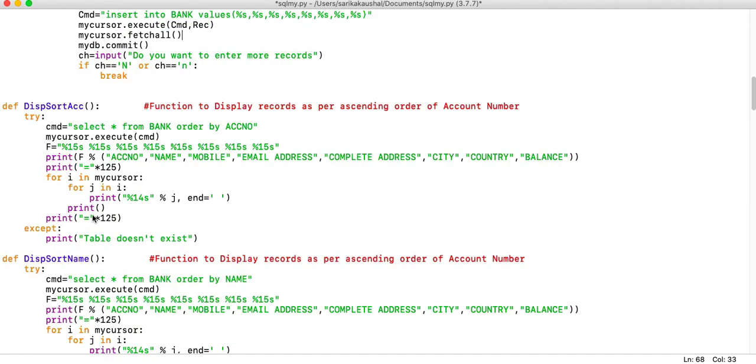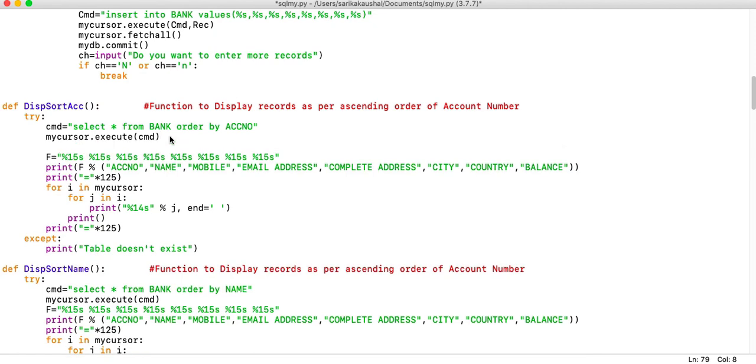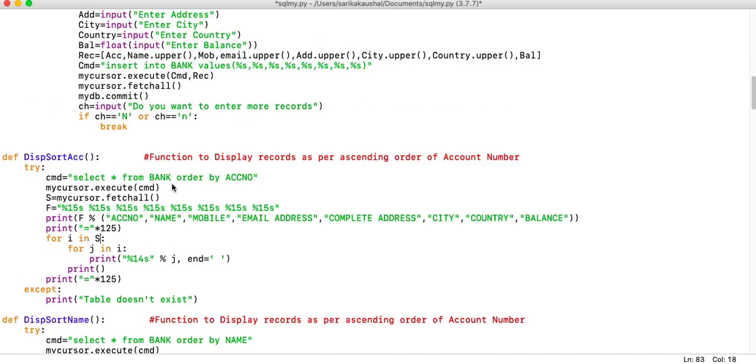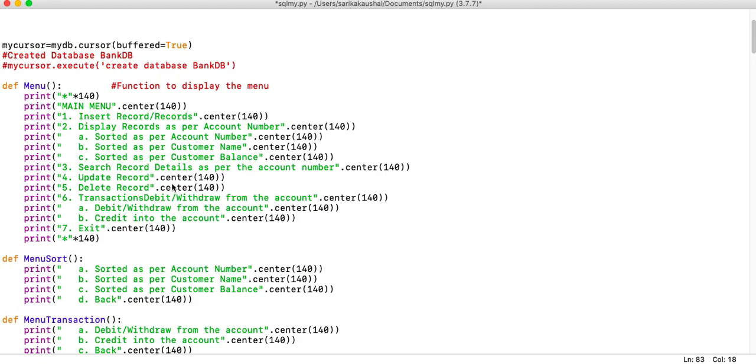Similarly, when you are trying to use it within the loop and you are executing this command, please again say S is equal to my cursor dot fetch all. When you do my cursor dot fetch all, remember that within the loop you are not supposed to use my cursor, just say S, and you will not get any kind of exception. The exception otherwise says that it's not able to read all the records, which you will definitely face once you start doing the project yourself.